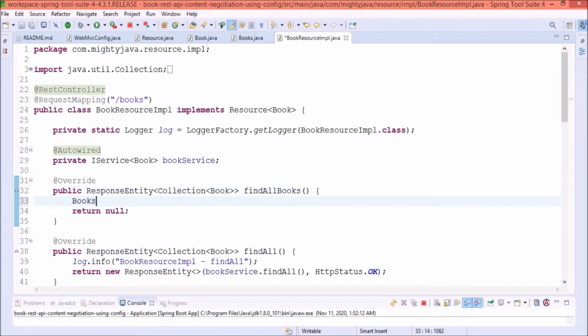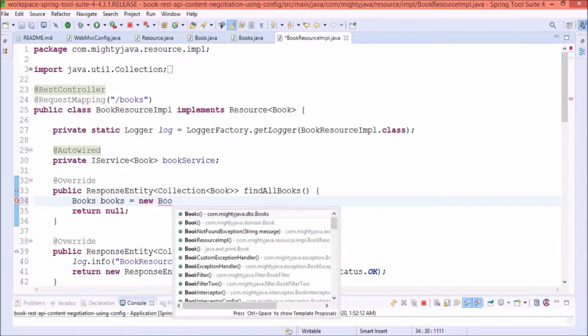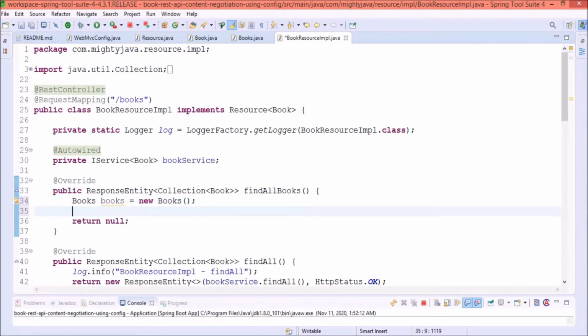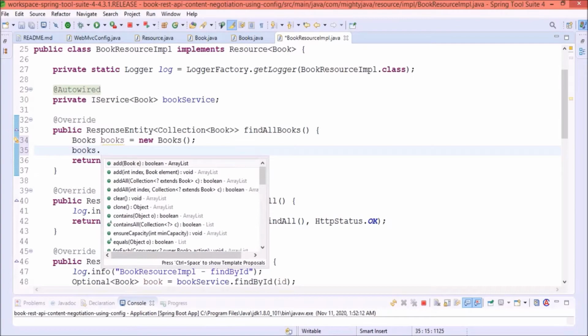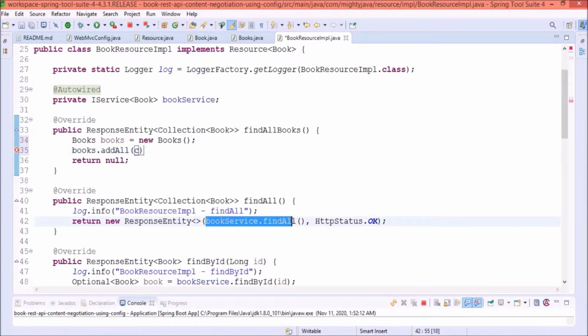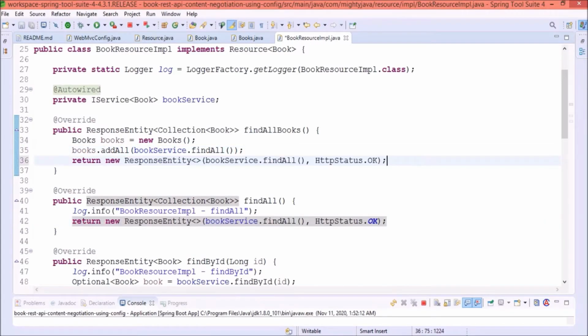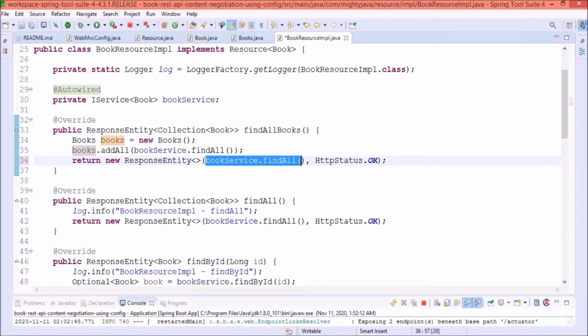Let's create an object of the Books class which I created inside the DTO package. Now let's call the addAll method and pass bookService.findAll. Now let's return the response entity. Here just return books.